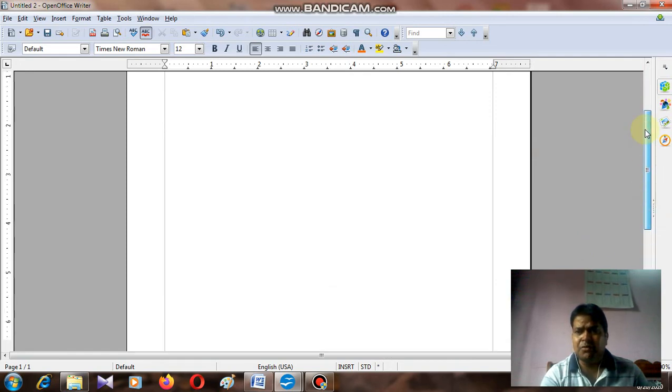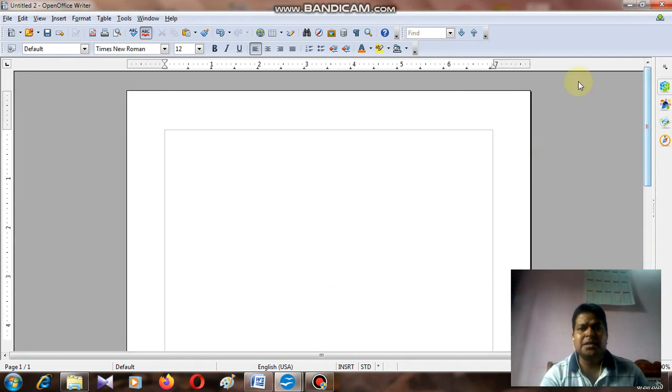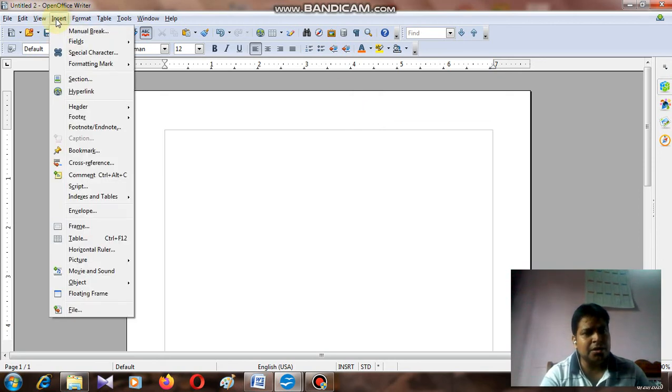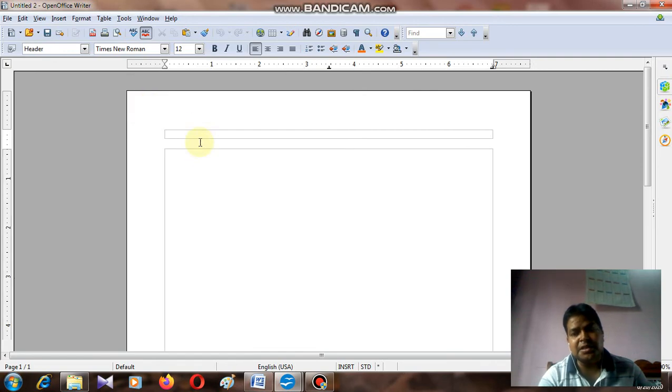So if you want to write something in the top margin, we have ways. What is the first way? You can move your cursor here and directly click 2 times here. So it is not working, this method is not working. So what do we have to do? We have to go here, Insert. Look, Header and Footer is here. If you press header default, the header space is here.